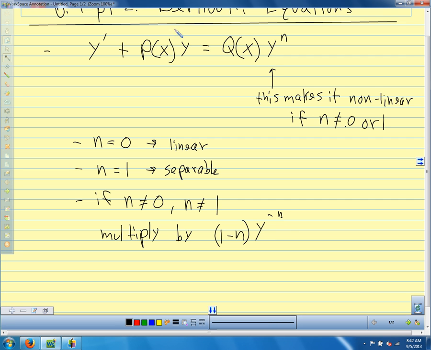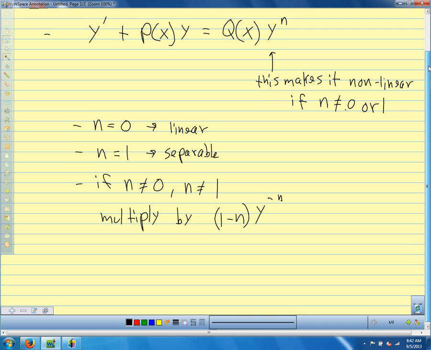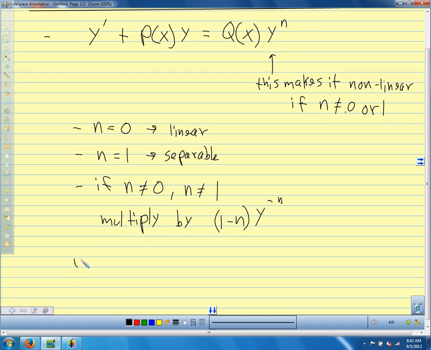So let's multiply this equation through by 1 minus n, y to the minus n. I get 1 minus n, y to the minus n, y prime, plus 1 minus n, y to the minus n,